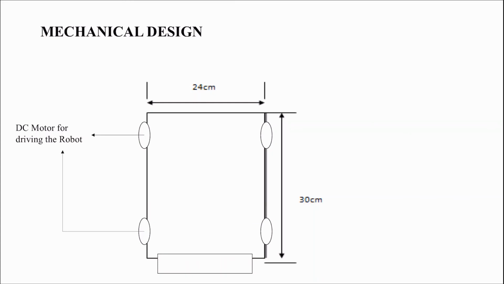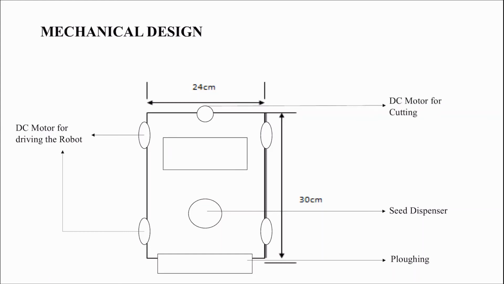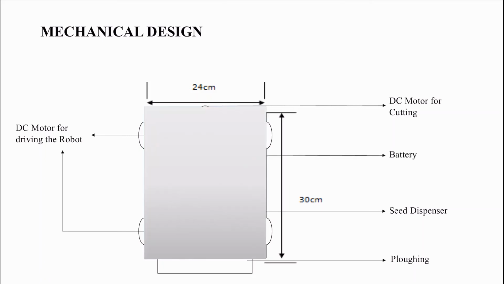This will be the plowing machine which is used for plowing purpose. The next will be the seeding valve or seeding dispenser. In the front we will have a plant cutter or weed cutter which will remove the unwanted plants. We will have a battery below the plant cutter which will drive the agriculture robot, and next we will have a solar power panel on the top of the robot.